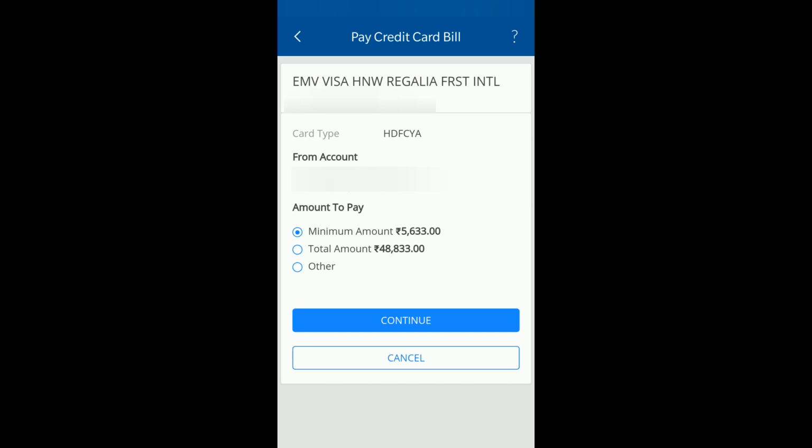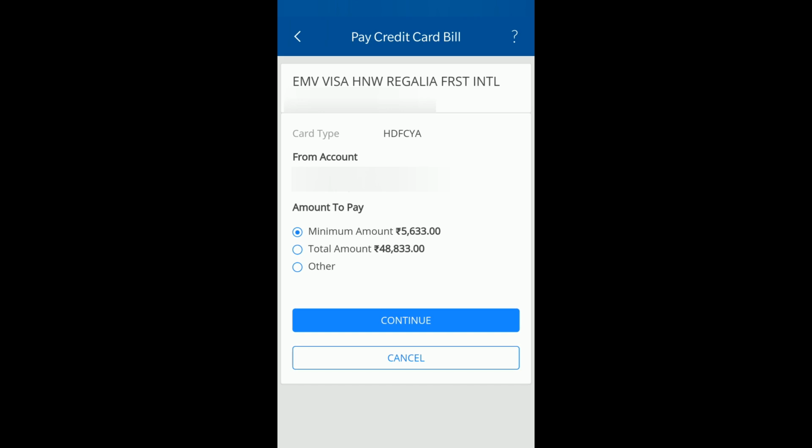This is a very convenient feature. It is available on our home screen, and whenever we log in it will be like a reminder for us that we have a bill to be paid in the coming days. This is a very good feature as per my knowledge, because we won't miss a bill when we are reminded about that frequently. And as we regularly log into the app at least once in a week, we'll have a reminder that the credit card bill has to be paid.